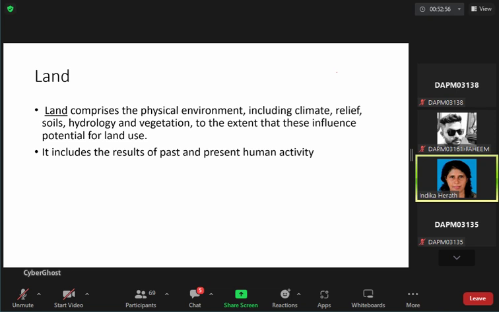These influence the potential for land use. When it comes to land, depending on what environment is present in that land, and also the climate in the area, everything gives a value to the